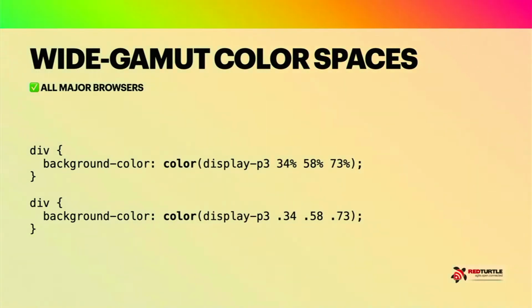So the color function allows you to specify the color space you want to use and the values. There are two notations for that, as it was for HSL, I think, as well. And that's it. All the latest versions of all major browsers work with these nowadays. And if you want to be safer with the use of these colors, there's also